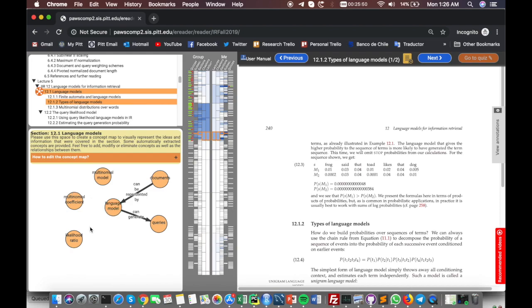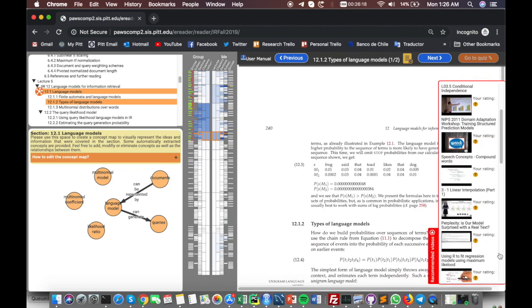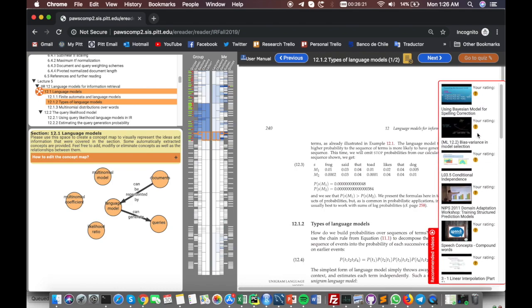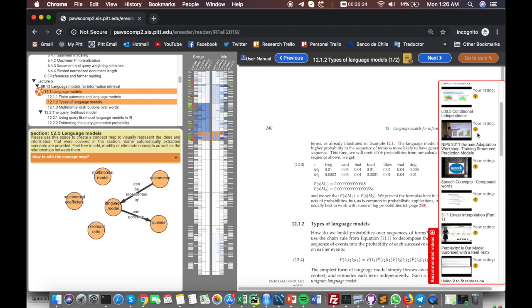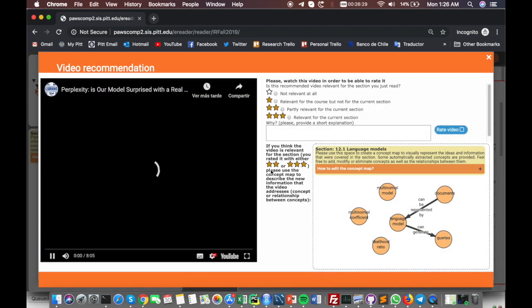Now, having knowledge about how to edit the concept map, we can explain how to access educational video recommendations related to each section that you are reading in the context of the IR course. To do that, you have to go to this red tab located in the bottom right section. You can click it, and then you will access the list of recommended videos for this section. So for example, if we want to open one, we can just click on the thumbnail,